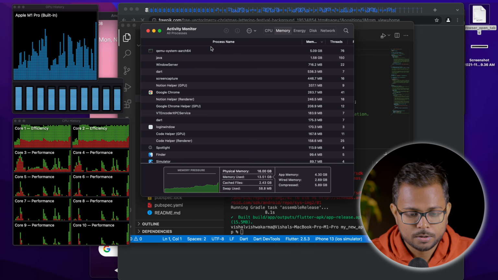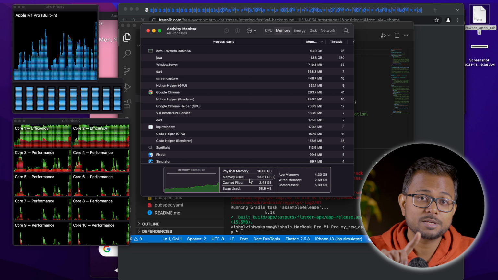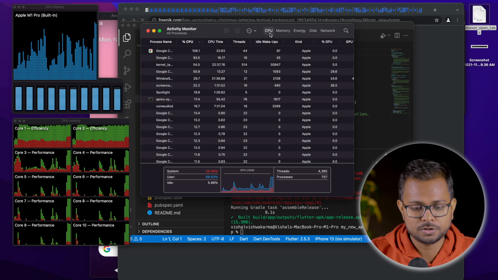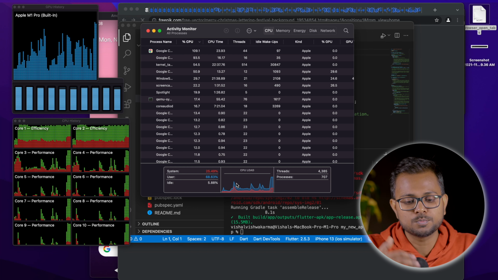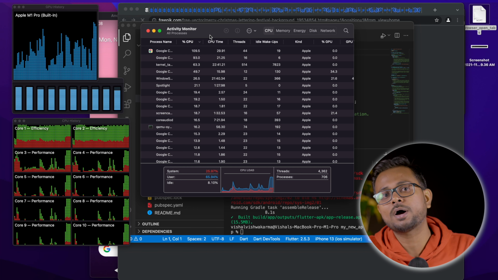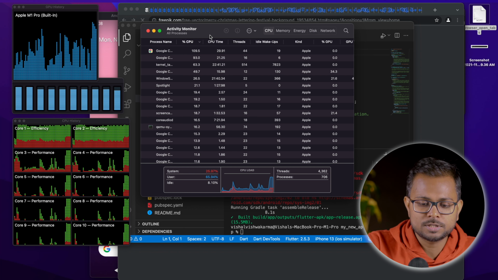So yeah, we can see that the RAM consumption has pushed up to around 13 gigabytes, and in the CPU monitor, the idleness has moved to 5%. So there's a huge shift in the CPU idleness. We are getting just 8 to 10% of idleness now, but once all the tabs get loaded, the CPU idleness will increase significantly.